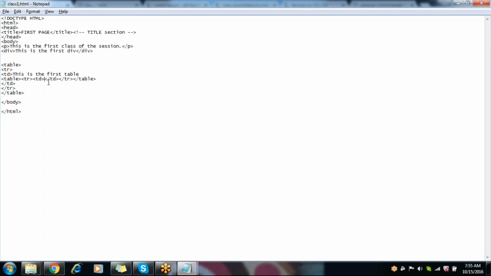So if I want to show one particular data, I need to write this many tags, which takes a number of lines of code. If I get a small problem in this, I have to check